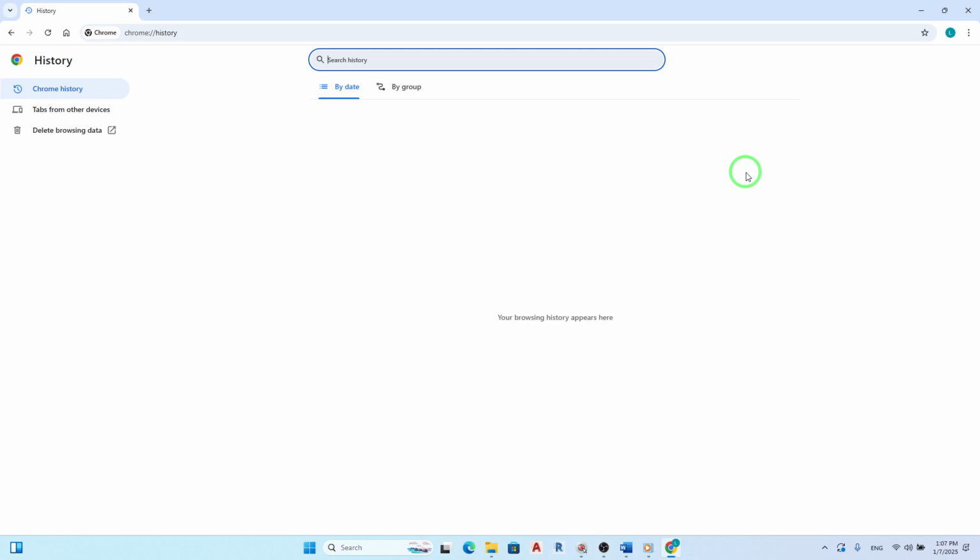Once you click on History, a new page will open displaying all the websites you've visited recently. You can scroll through this list to find specific sites or use the search bar at the top to filter results by keywords or dates. This feature is particularly useful if you're trying to locate a page you visited some time ago but can't quite